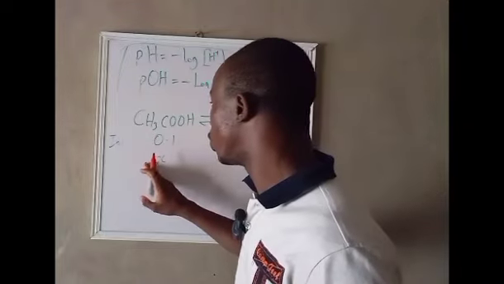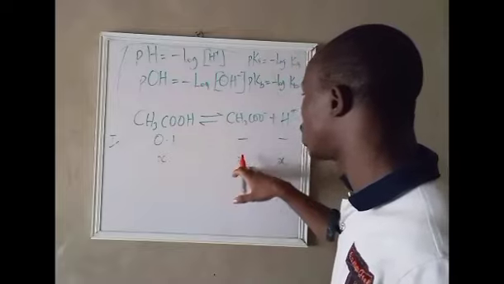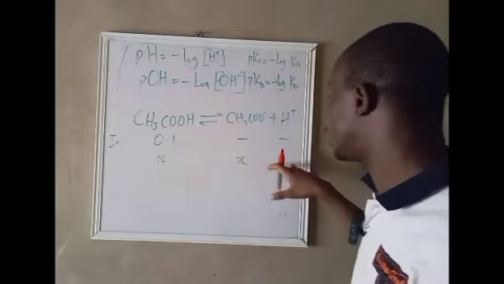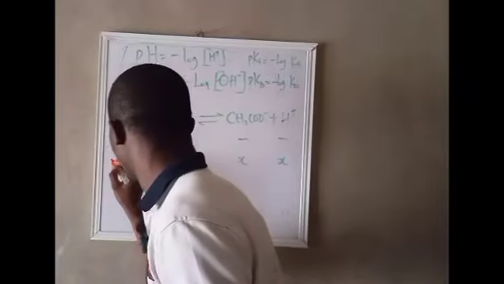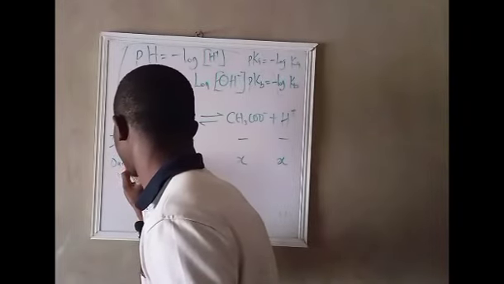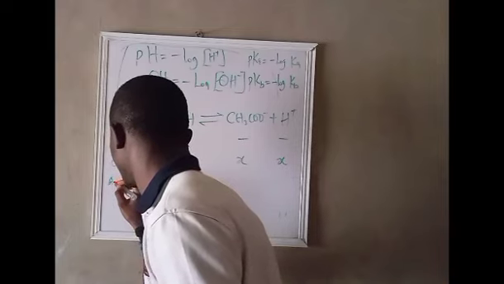So if I have X mole of acetic acid dissociating, that means that X mole of acetyl ion will be produced and X mole of H plus will be produced. So this is what happens during the reaction. So what is left, after the reaction,